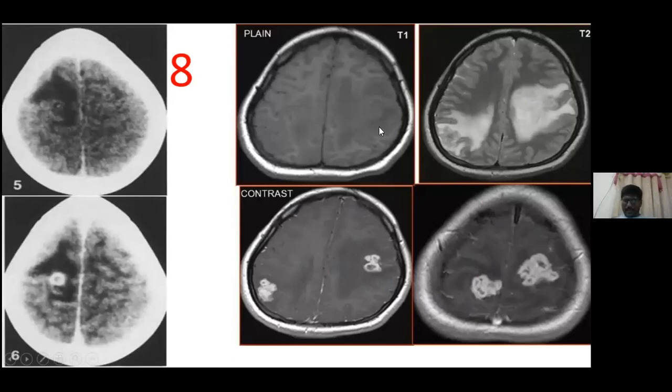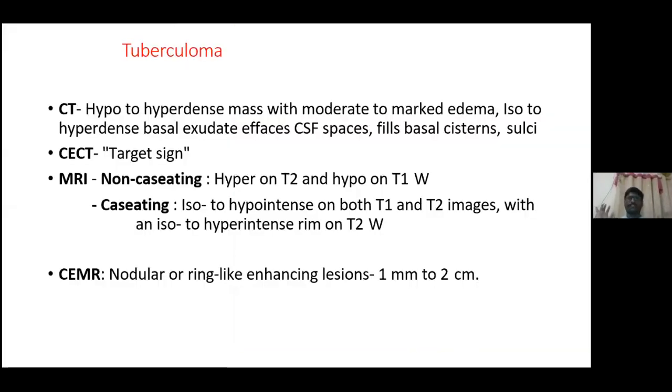So here you are unable to appreciate the lesion, but if you see in the T2 there is a very significant edema. So whenever you see a lesion in the brain with very significant edema and multiple nodules which are conglomerated, again this is more in favor of tuberculosis. So the moment you see a hypointense lesion in the T1 and significant edema in the T2, and on the contrast, if you are able to see multiple nodules or conglomerated lesions, they are more in favor of tuberculoma.